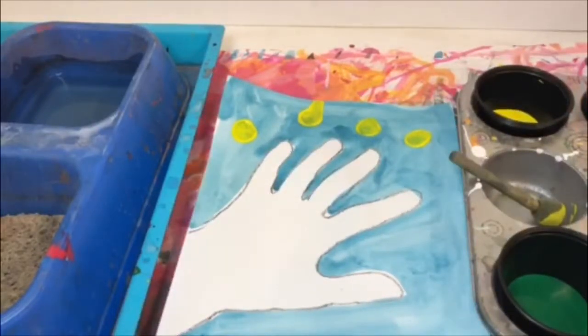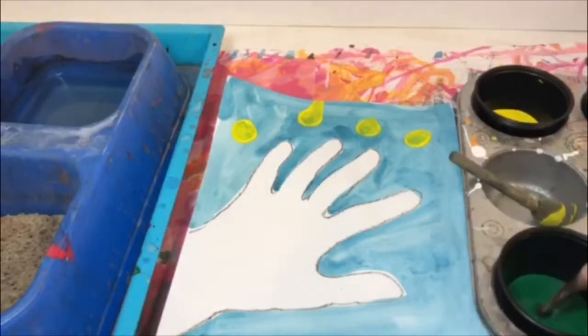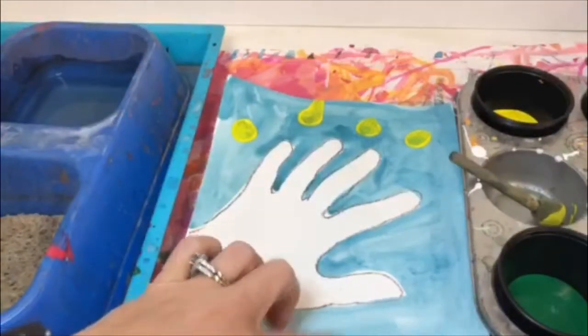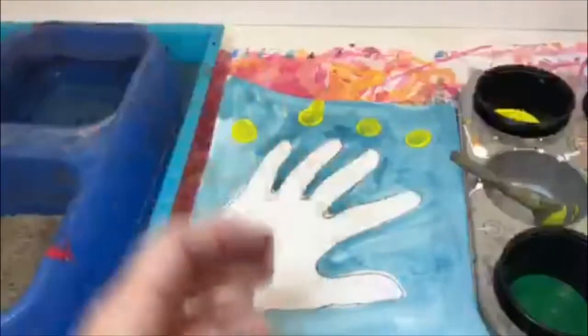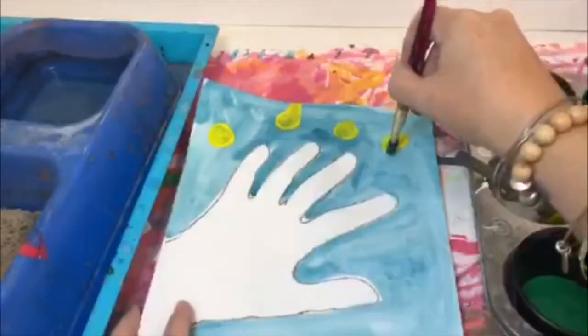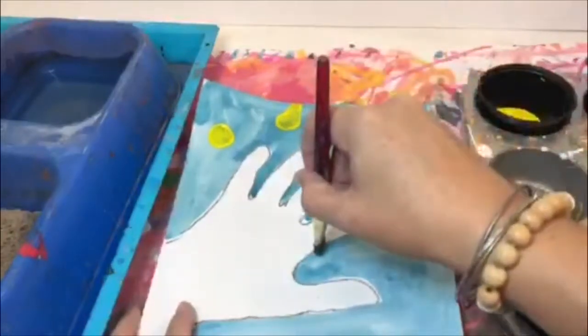So the next step is going to be adding the stems. This is where your brush comes in handy, and this is going to be the green. Now you need to be very careful because you don't want the stem coming over your hand. It looks like it's in your hand. So this is tricky. You have to start at the yellow dot, come down, stop at your finger, jump over the finger,